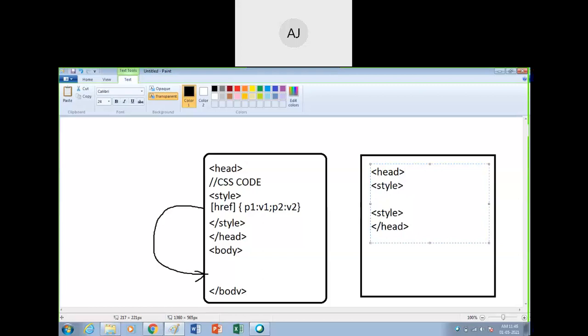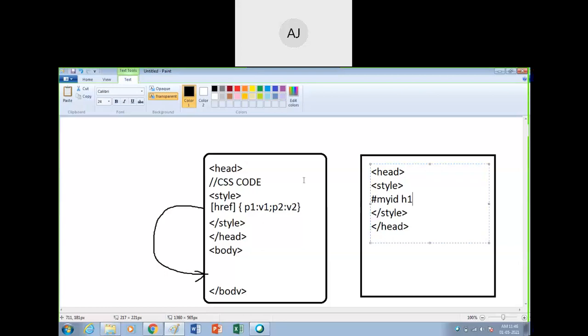Now I want to write here hash my id, and for this also I want the same thing, and for your h1 also you want the same thing.